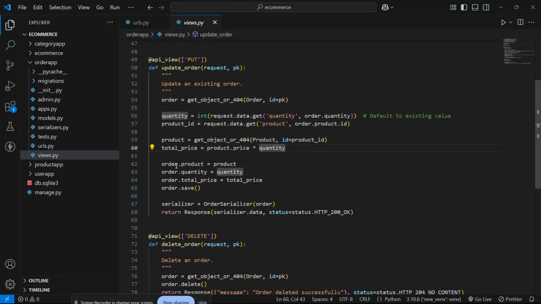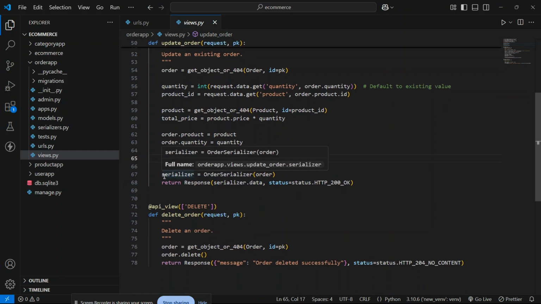After that, for order.product we have to mention the product, the quantity, and the total price, and again we have to save that data, and again we have to use the serializer here, and inside that serializer we have to pass this order variable, and pass a response with the serializer.data and the status code.